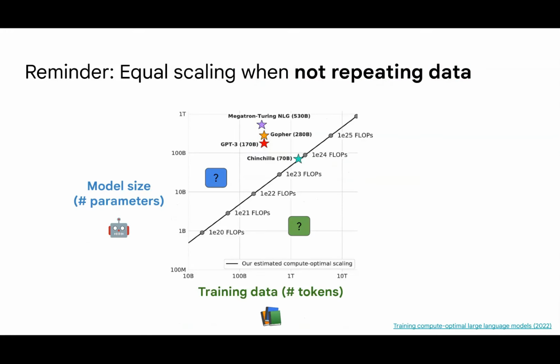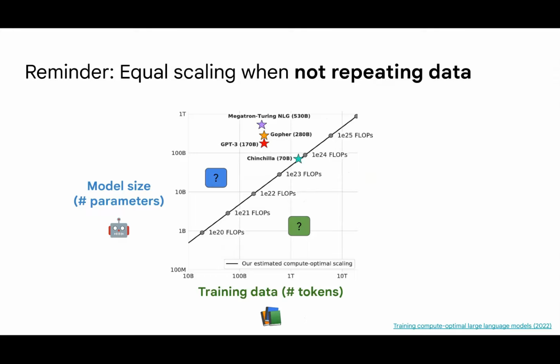Utilizing this formula, we can return to the question of allocation: how to decide how many tokens versus how many parameters we should use. If, for instance, you are training a language model and you have $50 million, you have to make a hard decision about how to allocate compute between model size and training data. But this question becomes even harder if you know you only have a limited amount of training data. Do you decide to train a larger model, or do you repeat your tokens more often?